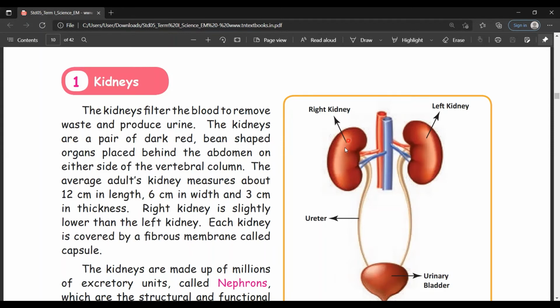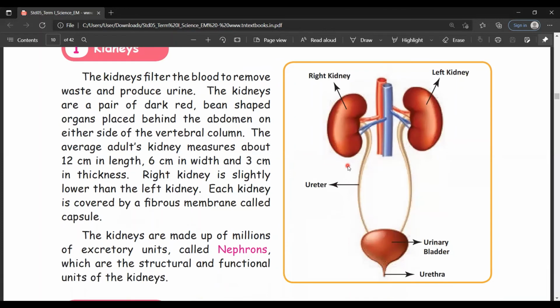Okay, children, the kidneys are made up of millions of excretory units called nephrons, which are the structural and functional units of kidneys. Kidneys are made up of millions of excretory units. Okay, they are called nephrons. This nephron is the most important part of the kidney. The nephron is responsible for the filtration of blood. It removes waste from the blood, and